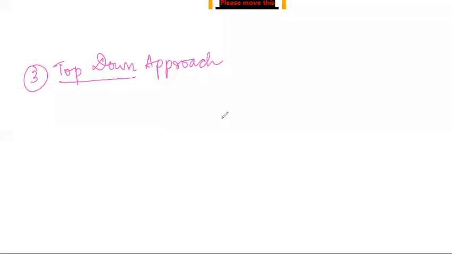Okay, so this top down testing, as the name suggests, starts from the top. We start from the root. It starts with the root module, and one by one the subordinate modules of this root module will be tested.